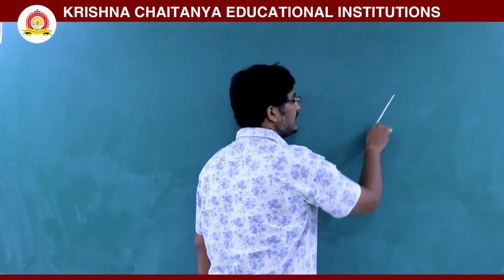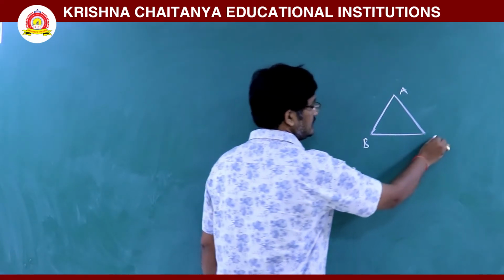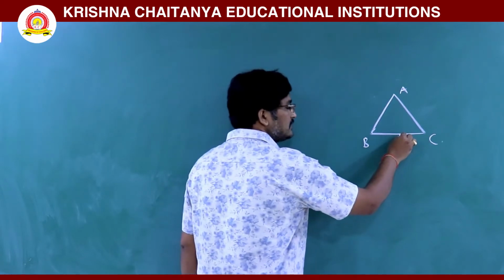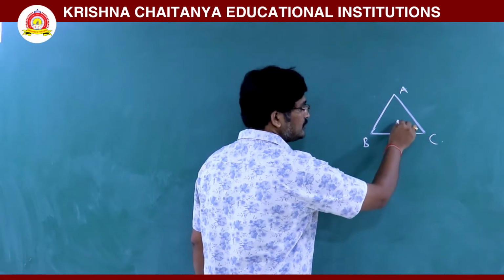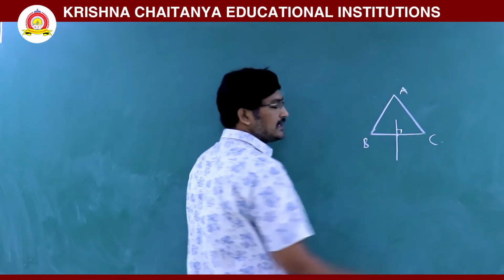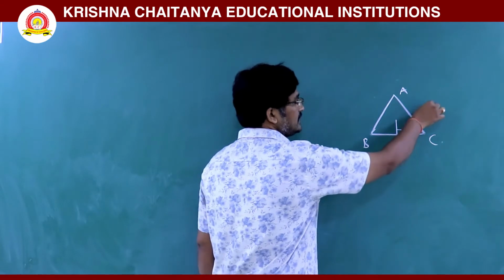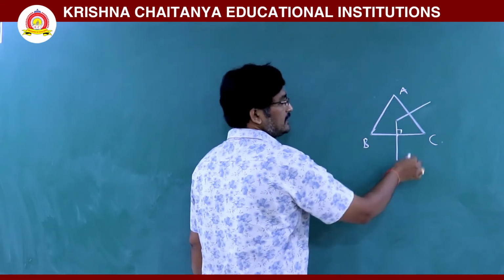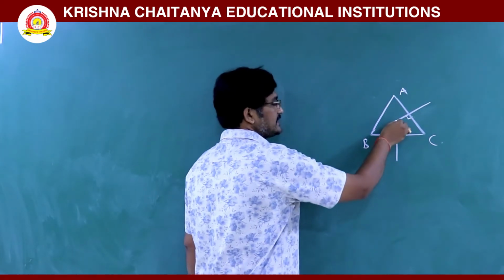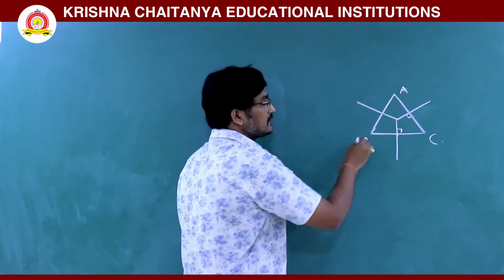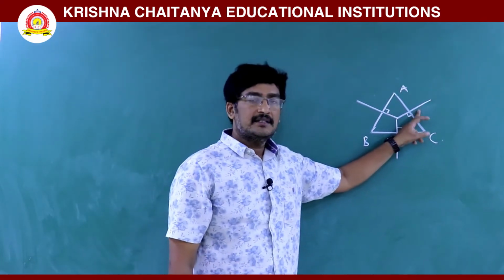Suppose you take the triangle like this. Okay, this is A, this is B, this is C. So, the perpendicular line to the BC bar passing through the midpoint of BC. In the same way, the perpendicular line passing through the midpoint of AC, this one. In the same way, this is the perpendicular line passing through the midpoint of AB, this one. So, these three are the perpendicular bisectors of triangle ABC.